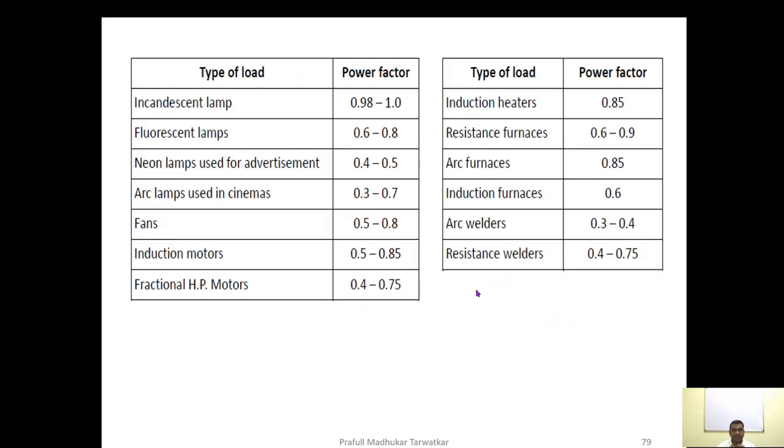Now this table will give you a basic idea of various equipments and their associated power factor values. Let us have a look at these values. These are all the basic loads which are there in industries, and see, their power factors are very, very low. And the unit is itself discussing the use of the induction motor. Now look at the power factor value from 0.5 to 0.85. So very low compared to other devices, which is not at all desired here.